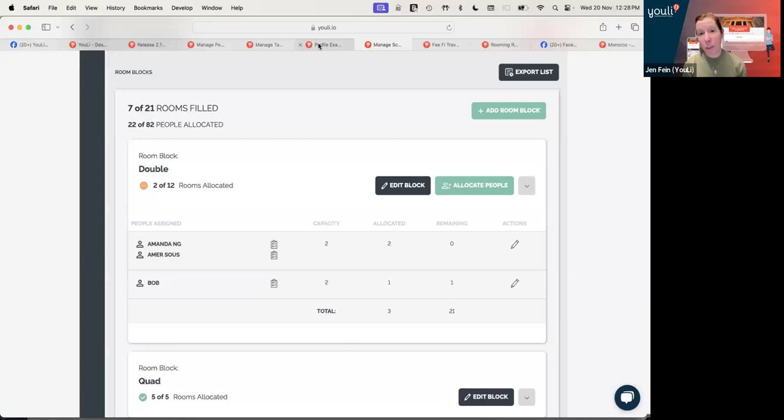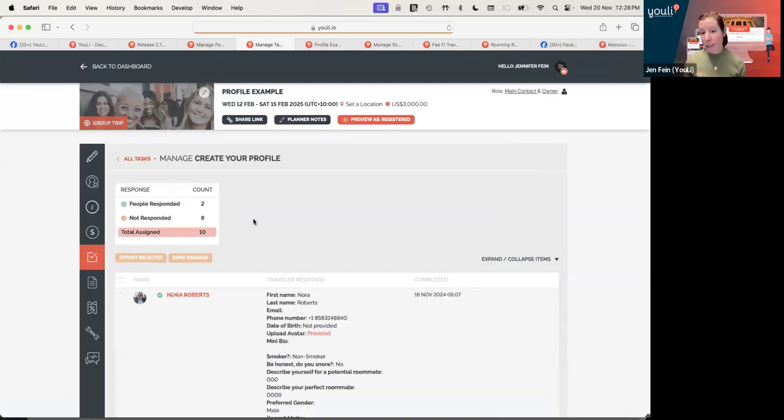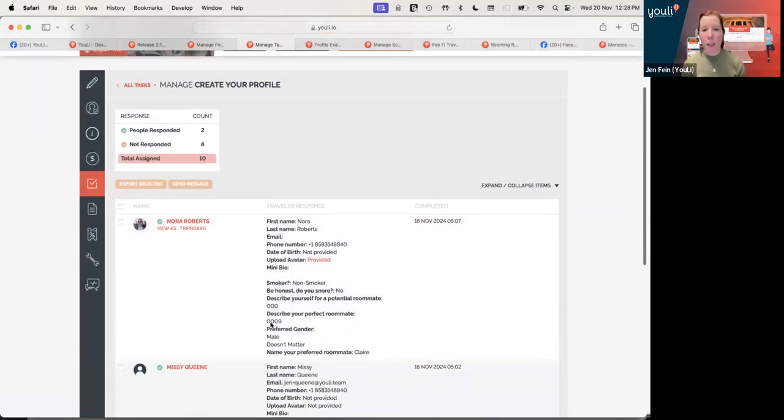And so that actually leads me to the next topic, which is how to gather the information so that you know how to match them. And that could also even be true in the student group case, where you want to try to make it less likely that you have conflicts on the trip. And of course, gender is something that you can always use as kind of the classic thing. But I've listed out a couple of examples of questions here